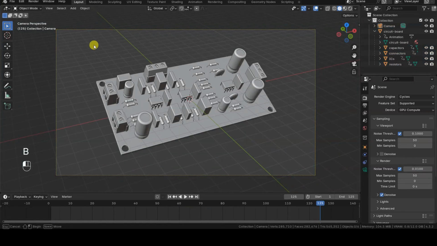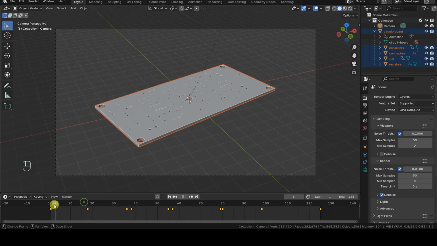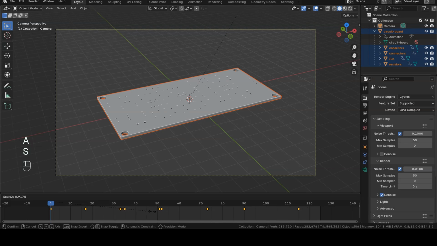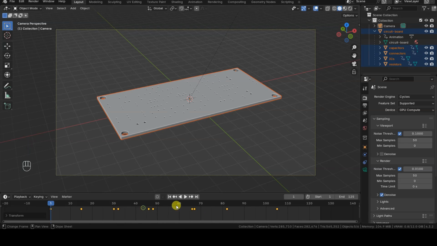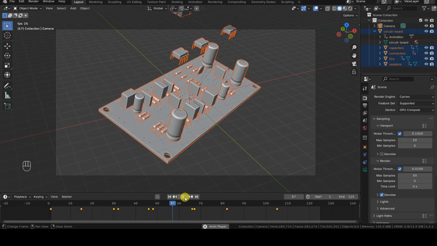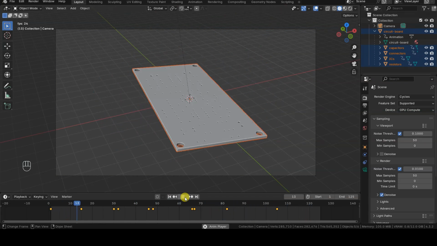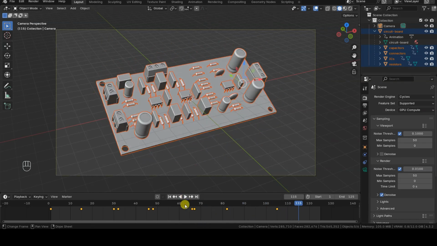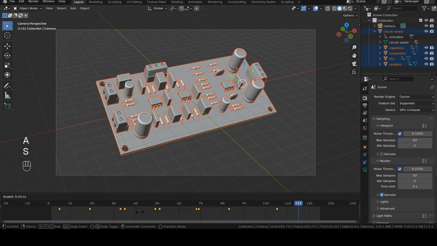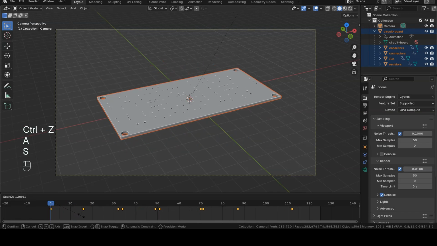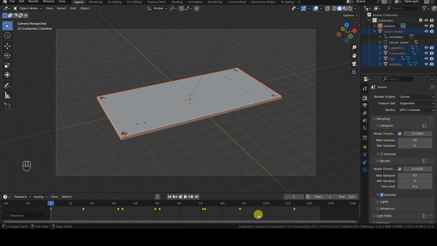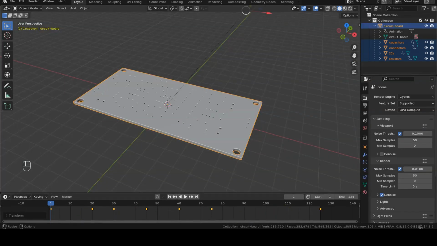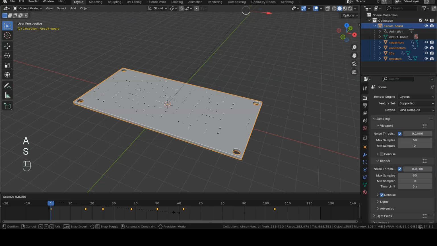A quick correction for my future self. After recording the video, I realized that by scaling the keyframe selection to fit the last keyframe within frame 125 of the new animation, I didn't leave any time with the components resting on the board. To fix this, I scale the selection again while positioned at the first frame of the timeline, ensuring the keyframes are resized relative to that moment. Scaling the keyframe selection in the timeline happens relative to the current frame, so in my case, it will scale based on the first frame of the animation.